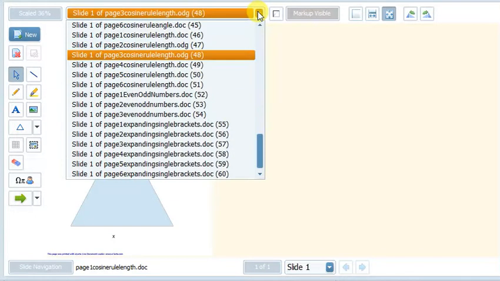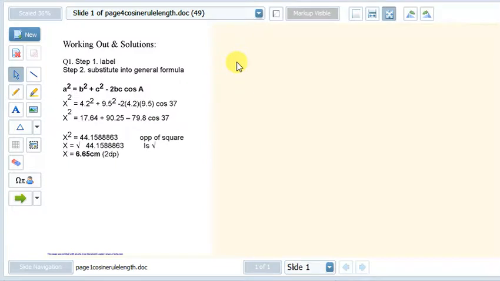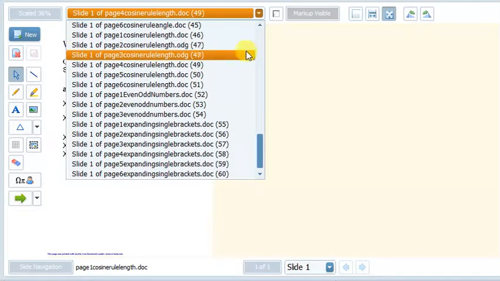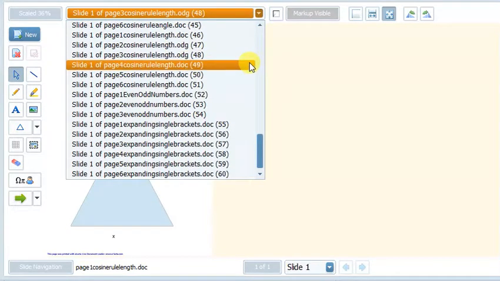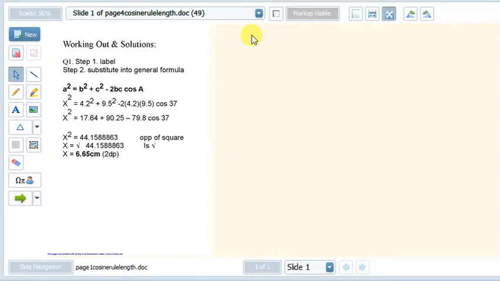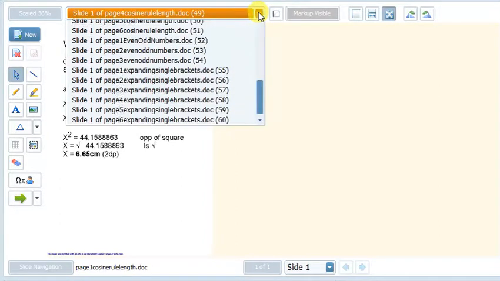Okay, so with any trigonometry question, step 1 is label. Now in this case here, what I've done is I've labelled 4 as B and C as 9.5. Okay, so 4 as B, let's have a look, 9.5, so 4 is B, and